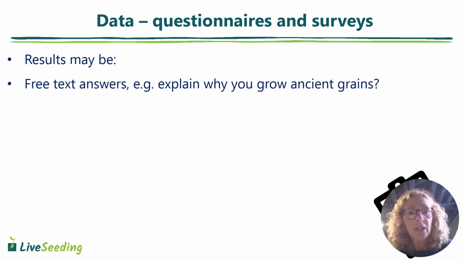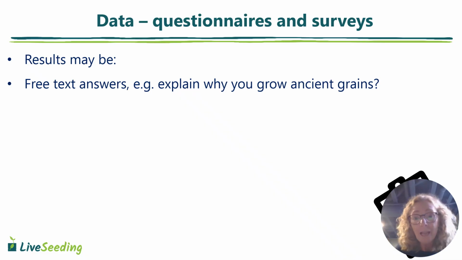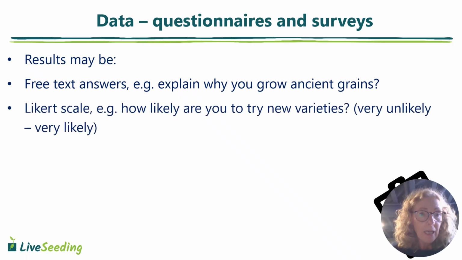So let's look a little more closely at some of these types of data. So questionnaires and surveys, for instance. This isn't really a type of data, but it's a way data is collected. And from questionnaires and surveys, you could have data that was free text, something like explain why you grow ancient grains, so an opinion. You might have a Likert scale. So as I just mentioned, here's an example of a Likert question. How likely are you to try new varieties? And you might have